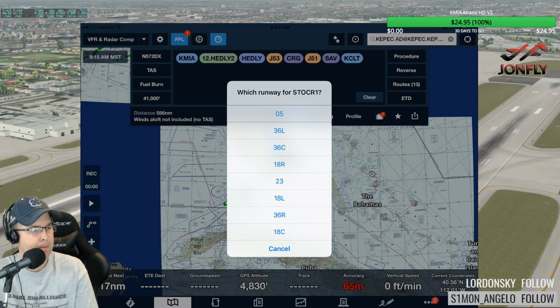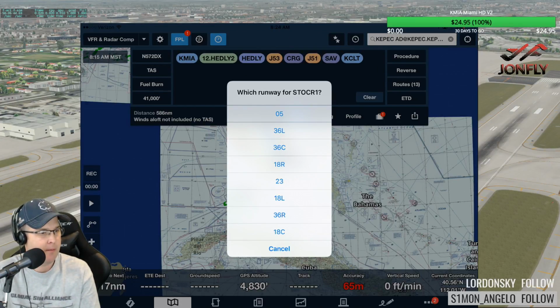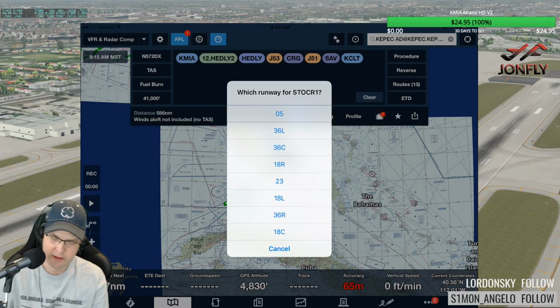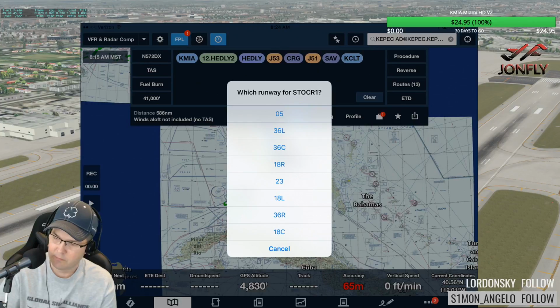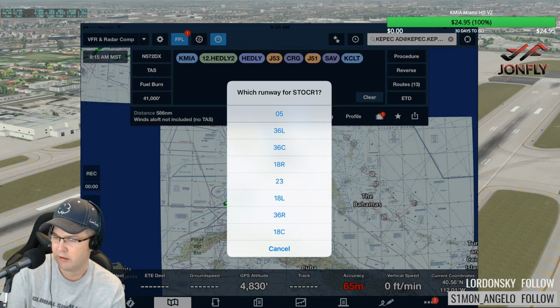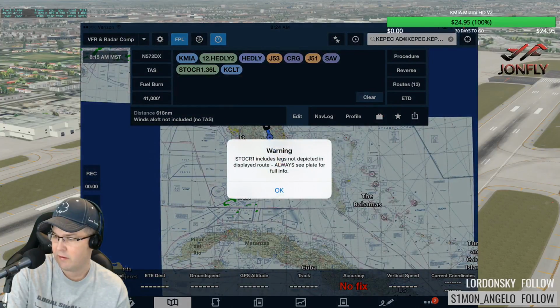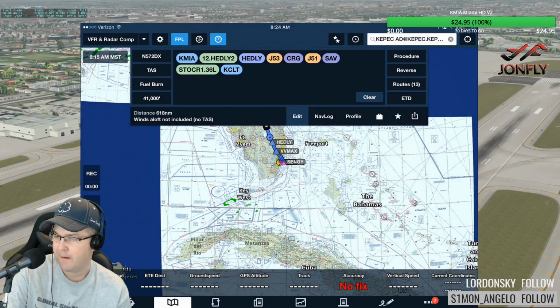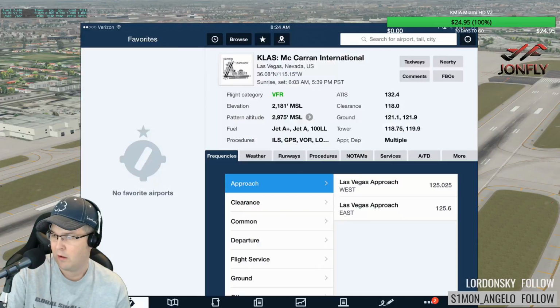Apache X 2. This is ForeFlight. For years, and there is no 28 right at CLT. Oh, okay. Why did he say 28 right? Because you're right, looking at the screen here. All right, so we'll go 36 left then. 36 left. Okay, that looks good. We'll then come down and look at our